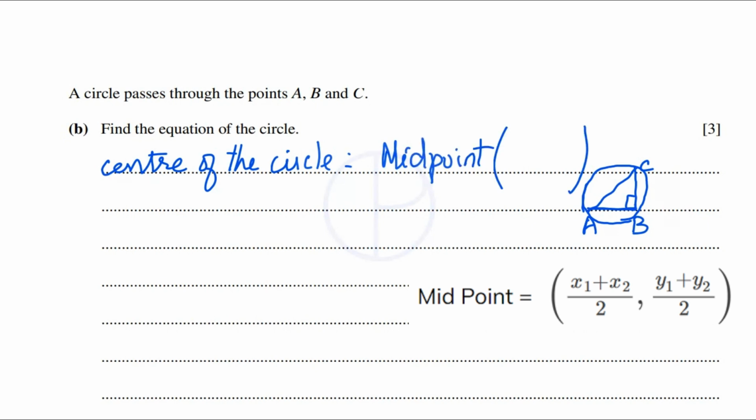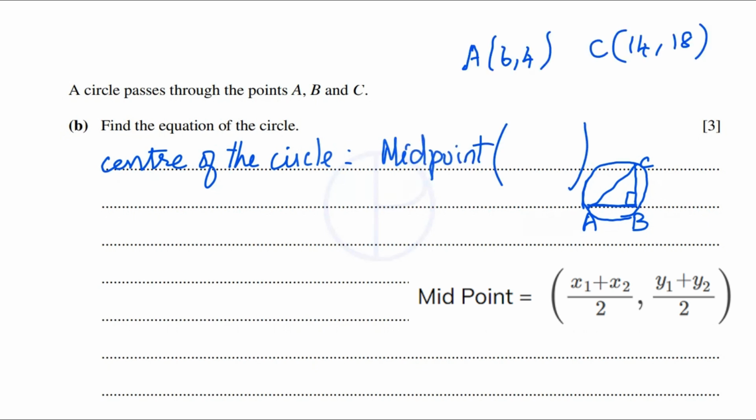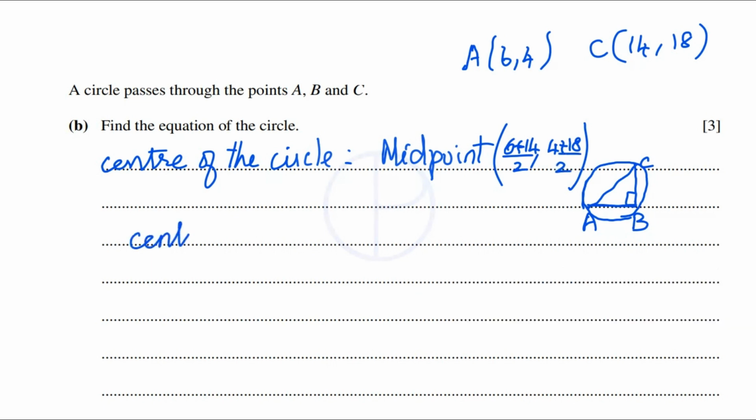Midpoint of A and C. A is (6, 4) and C is (14, 18). So the midpoint of AC is at the x coordinate 6 plus 14 divided by 2, and y coordinate 4 plus 18 divided by 2. Okay. So the center is